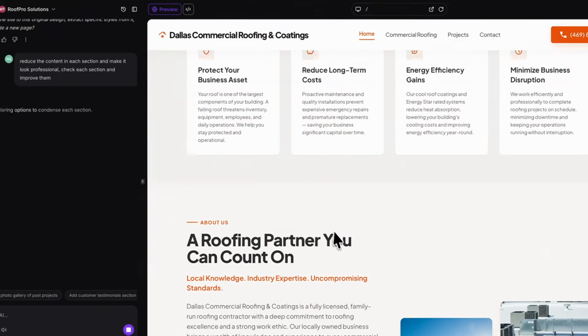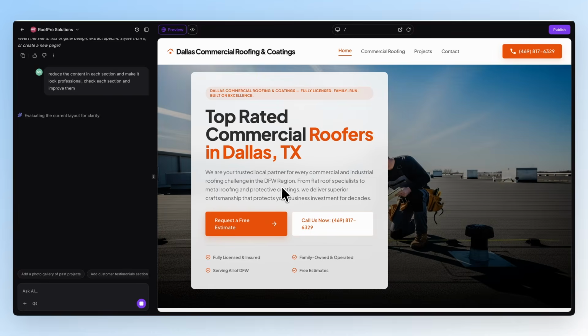And so now I just told it to improve the layout, the design, and also reduce all the